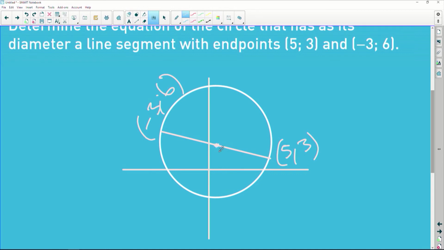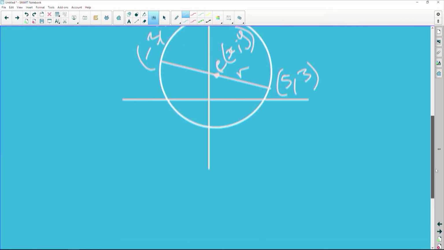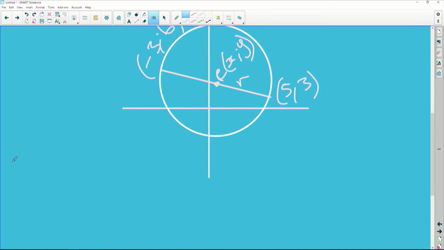And then my midpoint will be somewhere there, which I will indicate as C, the center, x and y. I don't know the coordinates. And then this is my r, which is the radius. Now, firstly, I said we need to find the center of the circle. So finding the center of the circle, we're going to use the midpoint formula. So using the midpoint formula,